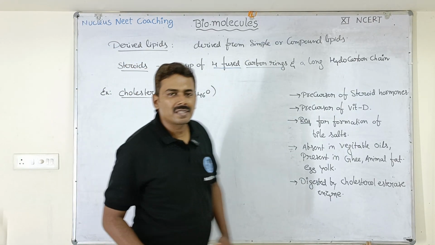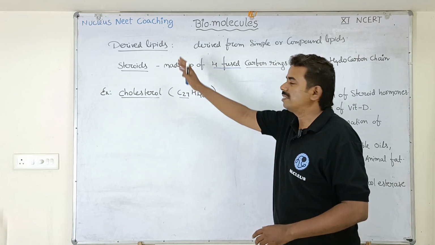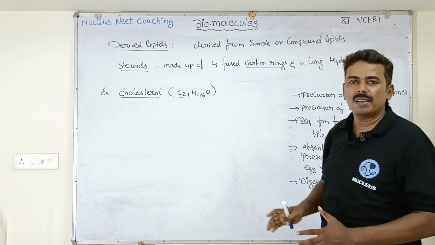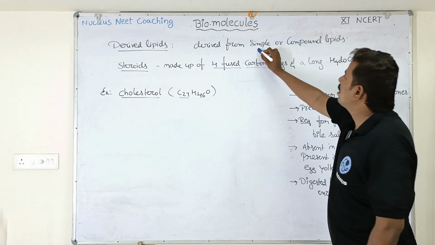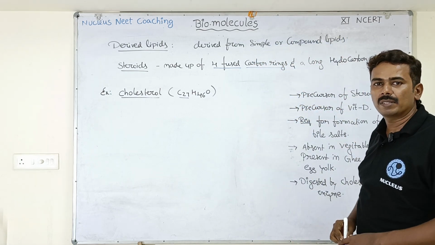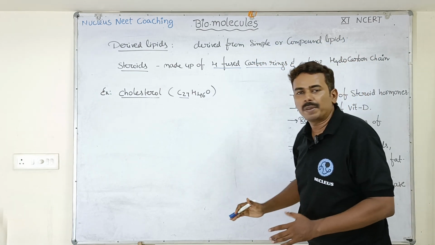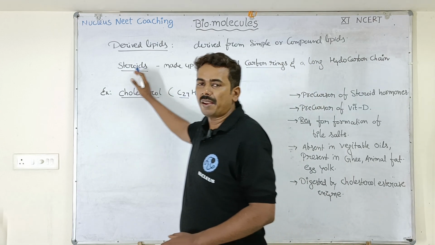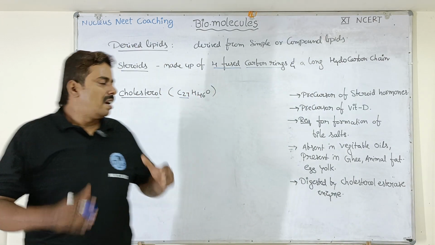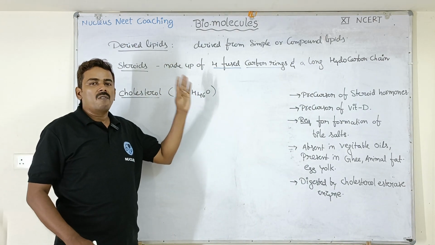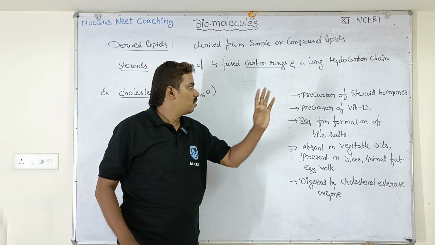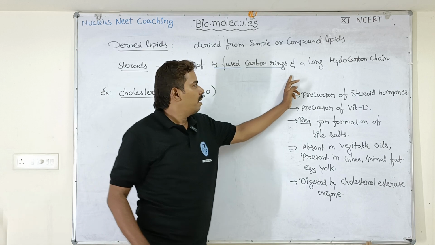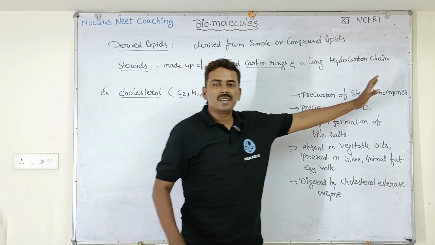Students, now we are going to discuss another type of lipids called derived lipids. What are derived lipids? These are the lipids which are derived from either simple lipids or compound lipids. Under the derived lipids, we are going to discuss steroids. Steroids are derived lipids. They are made up of 4 fused carbon rings, and there will be a long hydrocarbon chain in the structure